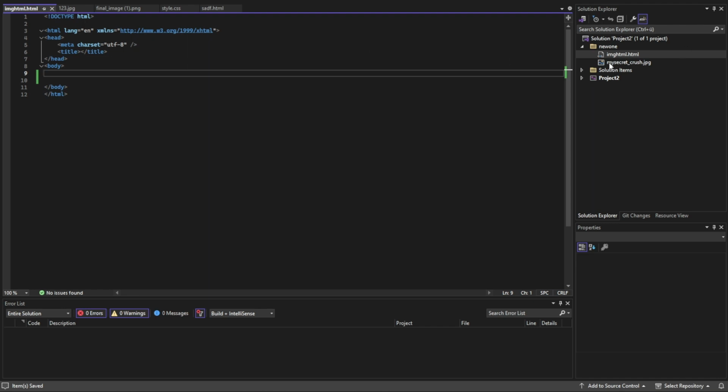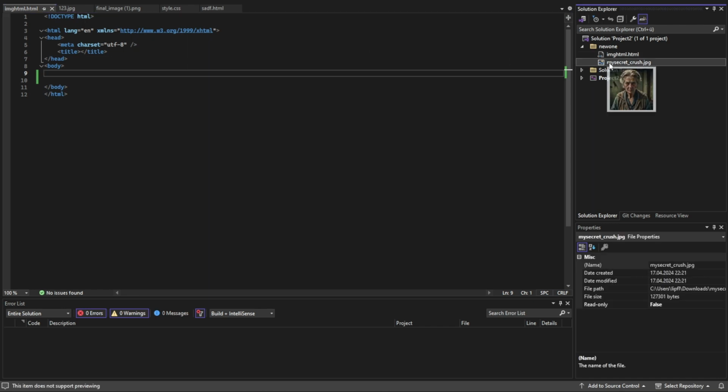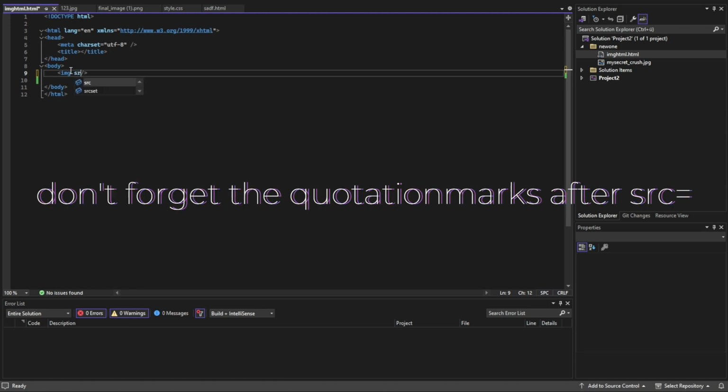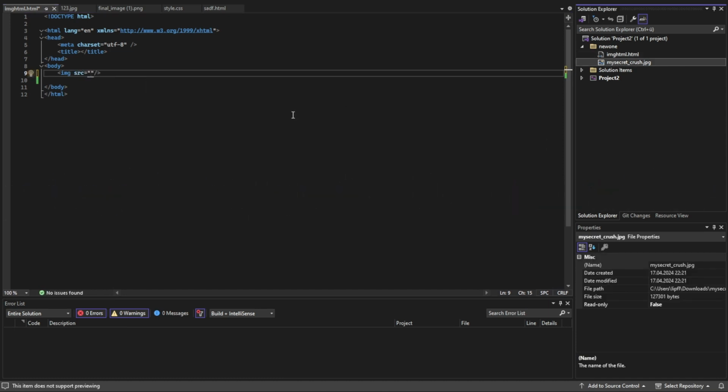We have to have the image in the same directory as the HTML file. Then inside the body, we can simply use the img tag. We have to use src equals, and now the name of the image.